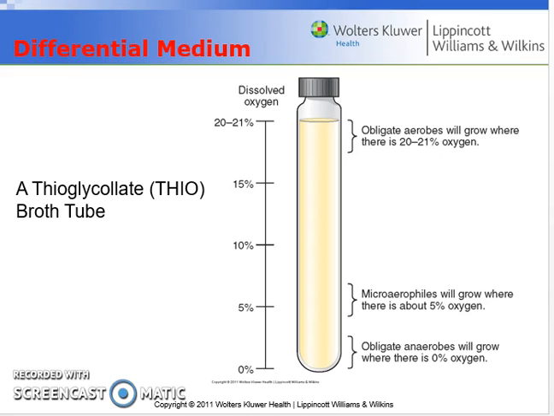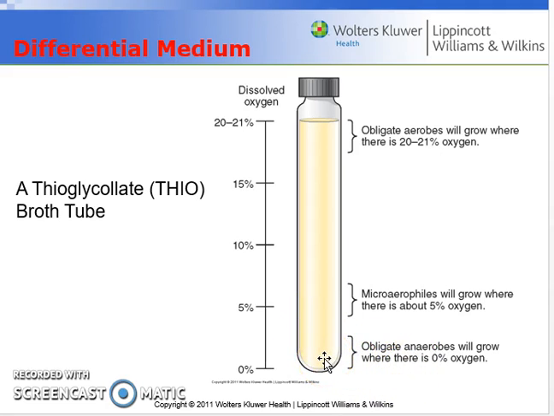And this is based on where these types of bacteria grow inside the media. So obligate aerobes you would find growing at the surface of the broth. Microaerophiles you're going to find growing towards the bottom of the broth, but the organisms growing at the very bottom of the test tube are going to be obligate anaerobes because they can't tolerate